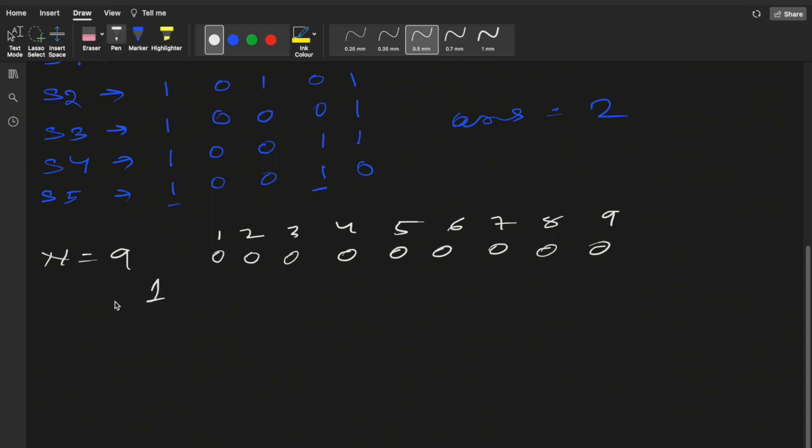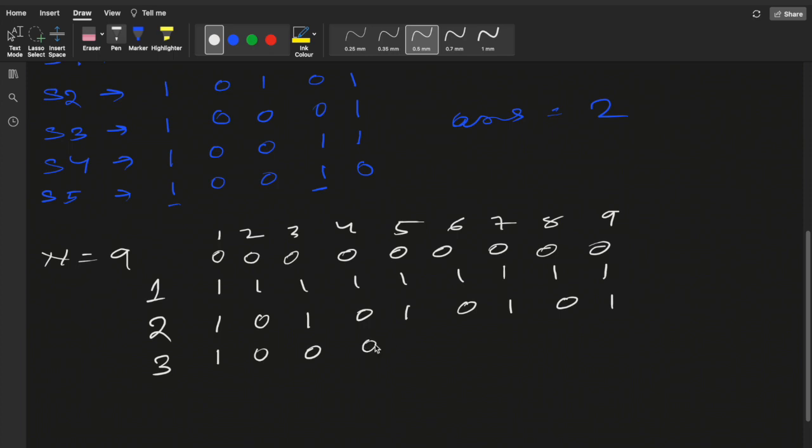So for step 1, initially it will toggle 1 1 1 1 1 1. In step 2, the factors of 2 will be toggled, so 1 will be as it is, then 0 1 0 1 0 1 0 1. For the third step, the factors of 3 will be toggled, so 1 0 0 0 1 1